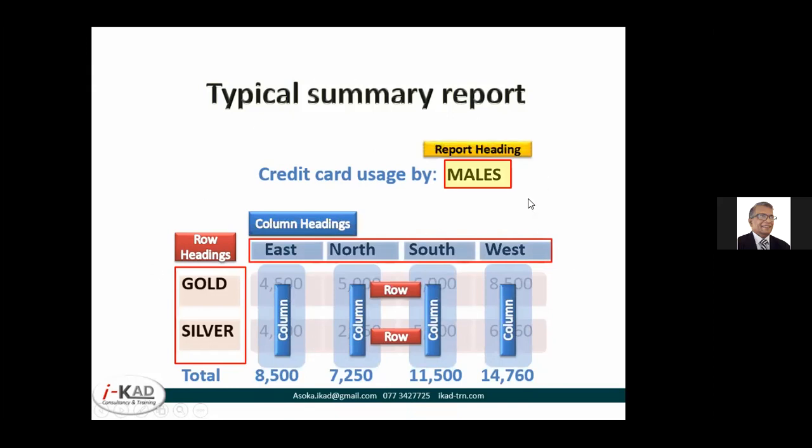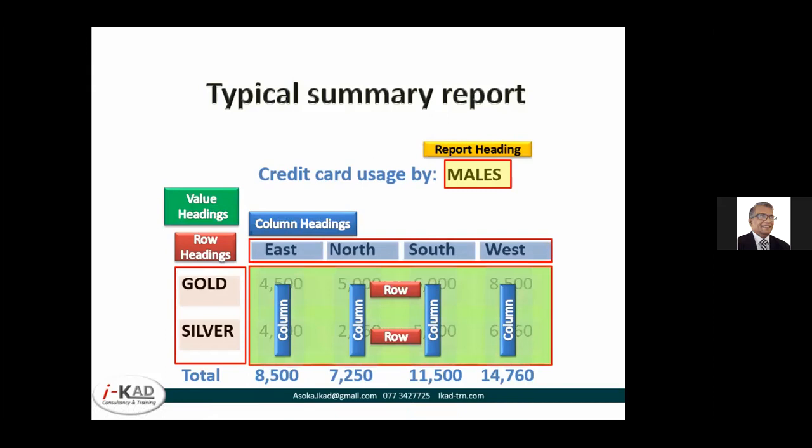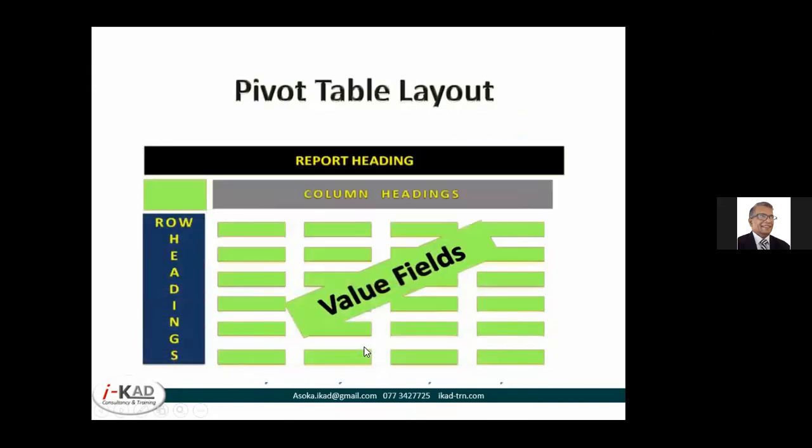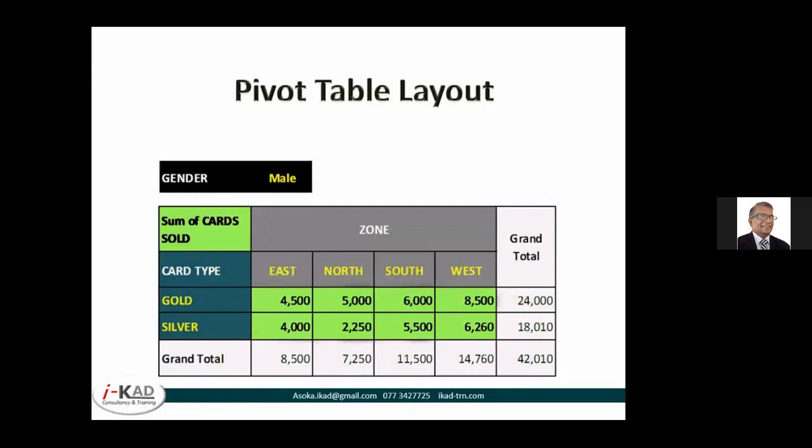The same report can be taken for females. So it's at a higher level. These two are at the same level if you compare the levels. Now the pivot table is based on this. Here in the middle, what you have is the values. The heading for that is given here. That's a pivot table layout, identical. If you put the values, there you are. Sum of cards sold; it will say what it is, whether it could be a count or the max or average of cards, anything. So the heading for the green color area is here.